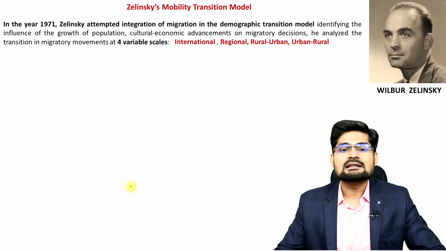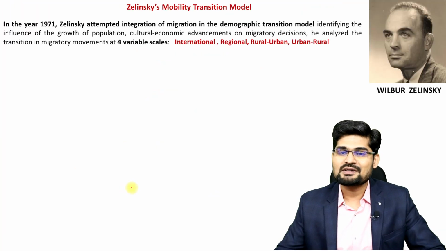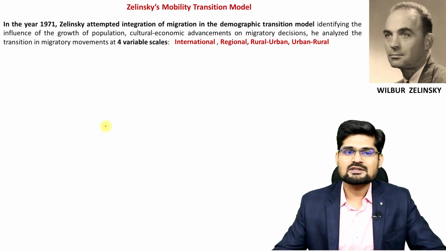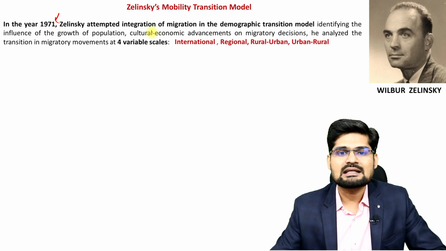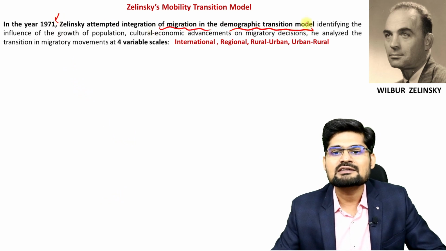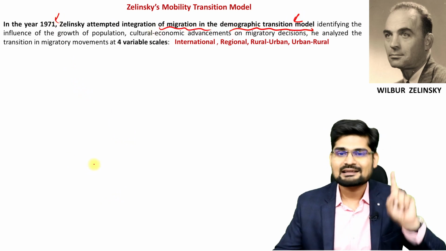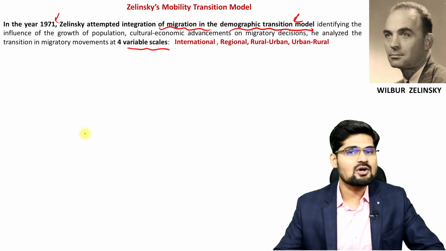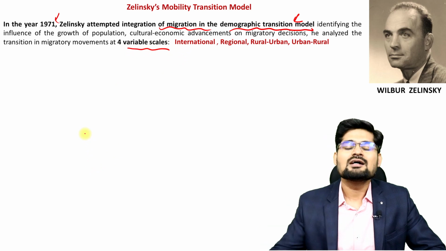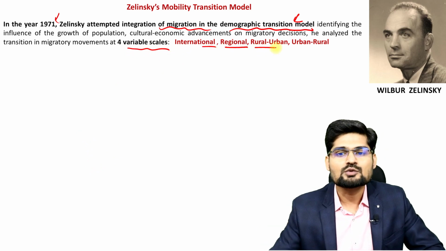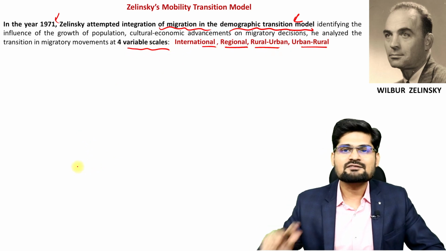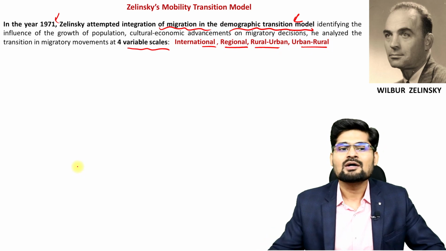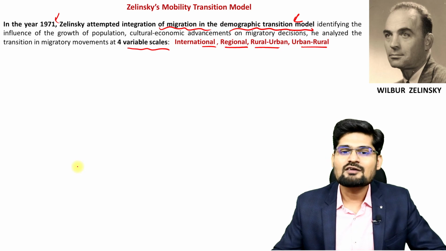Then further, the Zelinsky mobility transition model, the typical geographical model that we observed, by Wilbur Zelinsky. In 1971 he attempted the integration of migration and the demographic transition model given by Notestein in 1945. So he talked about 4 variable scales. Remember geography, space, time and scale: international, regional, rural-urban and urban-rural. These 4 important scales of migration were talked about in his model, that is, the Zelinsky model of mobility